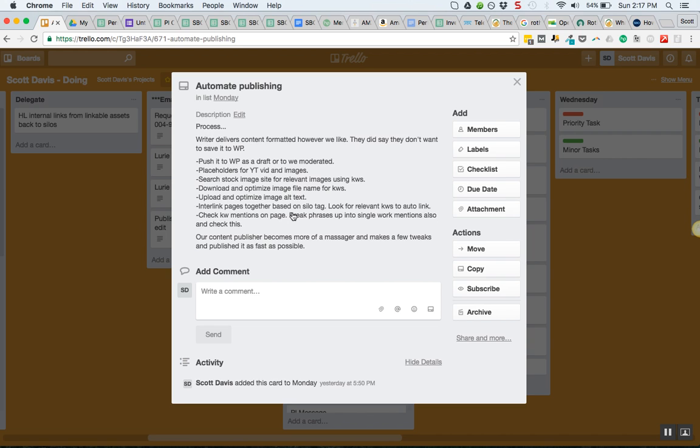Then we upload the image and edit the alt text as we upload it. We interlink pages together. We could create a tag when you upload a bunch of content, and it just interlinks all those pages together based on the tag. You could look for relevant keywords to auto link. It doesn't have to be super keyword targeted, but it's something that confuses everyone, so that each post with a particular silo tag would get 1 or 2 links going to it from another